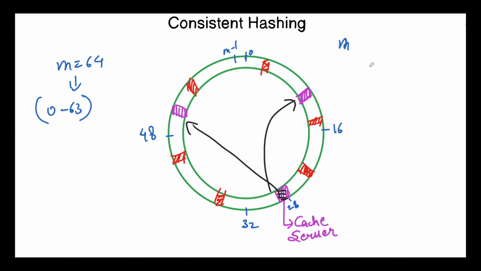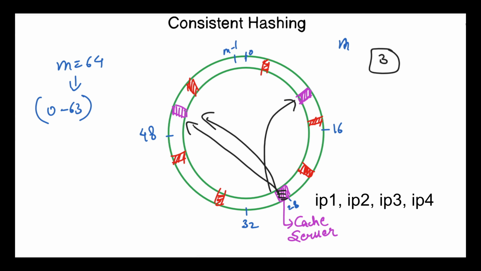In this case, we have only 3 cache servers. So let's say we will replicate that data points to the next one cache server. Another strategy is to give each cache server a preference list with the IP addresses of the other servers where its data will be replicated. This list is larger than k. K is the replication factor, to ensure that if some servers in the list are down, we can still replicate the data to the k servers. And of course, you have to manage the replicated data points also when there is an addition of a new cache server or a removal of an existing cache server.